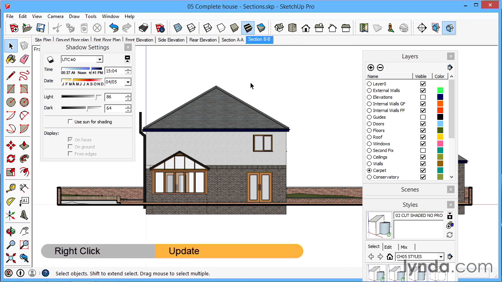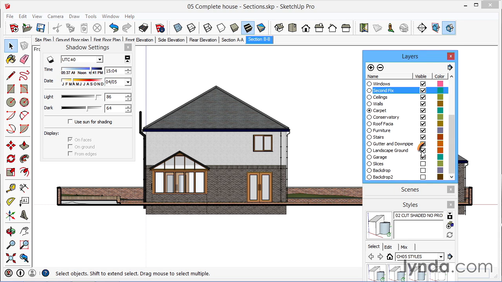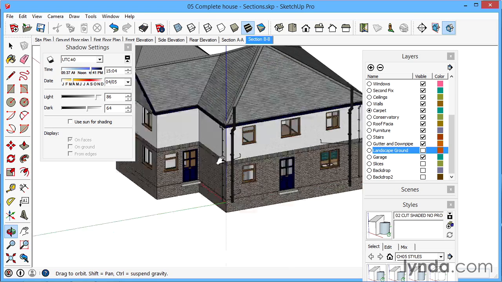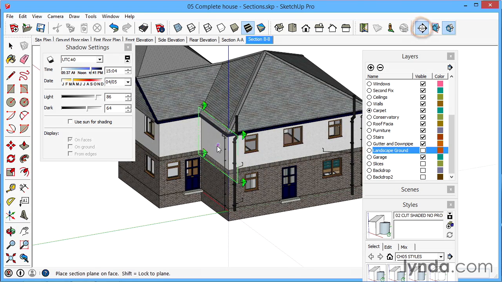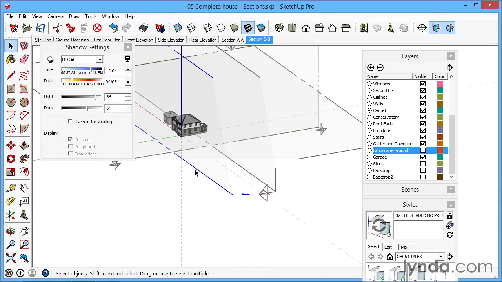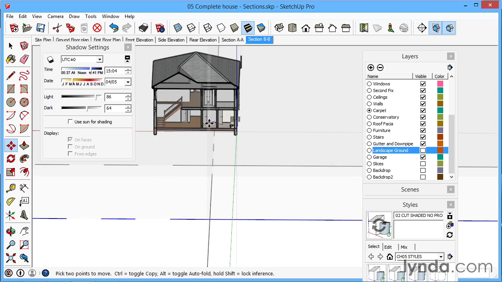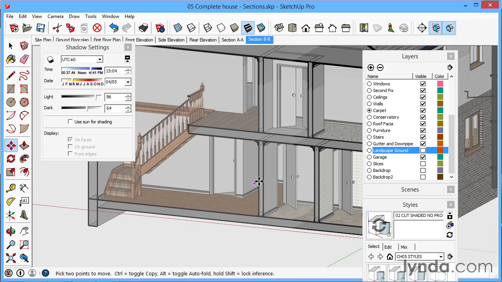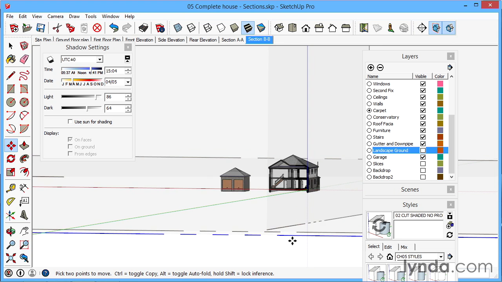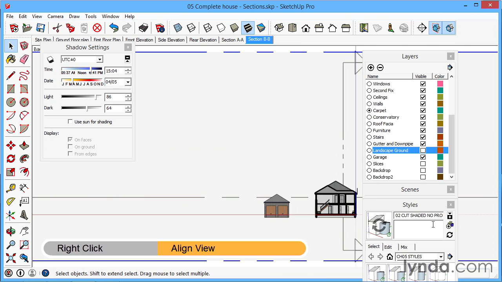So we come over now to section BB, and we have to turn on second fix, turn off the landscape. And then we're coming in this plane this time. So section slice, hover over that face, and then we can select this and move it in. So we're looking at our stairs, something like that. So we'll zoom in a bit more to see whether we've got everything that we need. That looks about right. So again, if we just right click and align view on that,